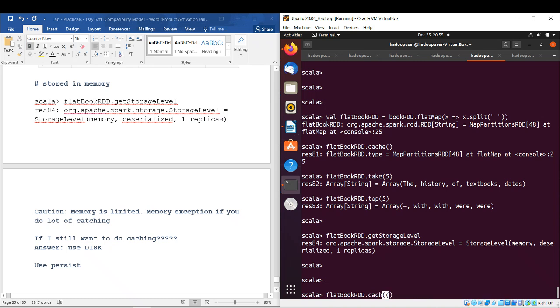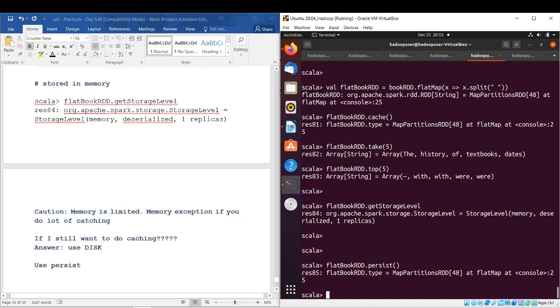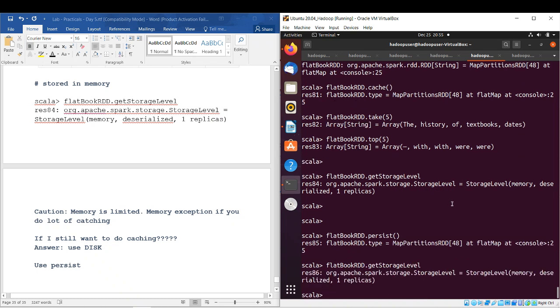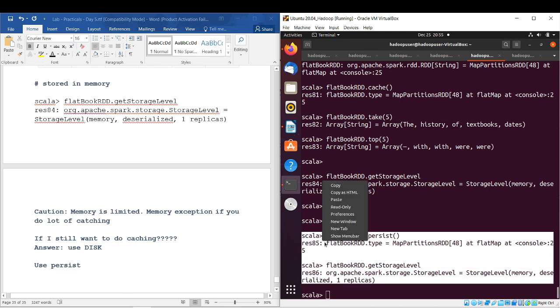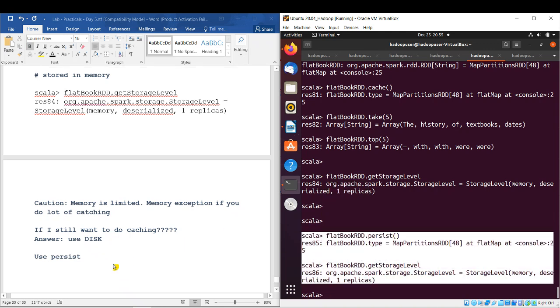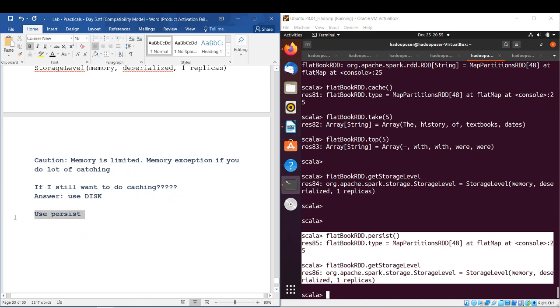Persist can be done on disk as well, and there are multiple options for persist. If I just do it by default, if I do a persist, it takes memory. But to use disk,